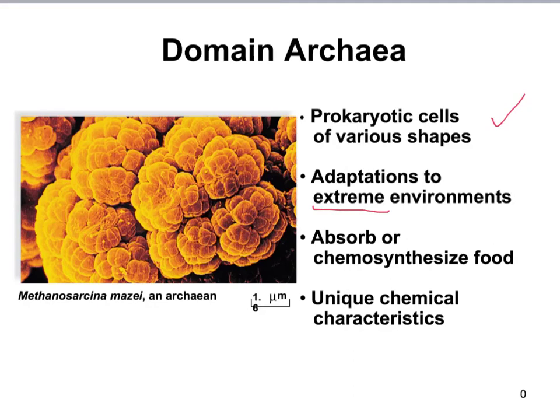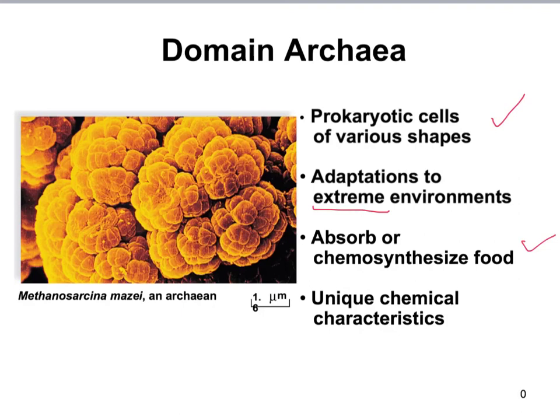They're also able to absorb or chemosynthesize their food, meaning that they can take methane or carbon dioxide and oxidize other gases in the environment to make any of the chemicals that they need to survive. Now, there are some other unique chemical characteristics of archaea, focusing on their cell wall, and we won't get into the details of that here, but you should be aware that the cell wall of archaea is different than the